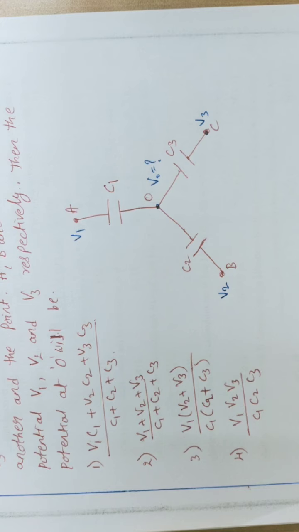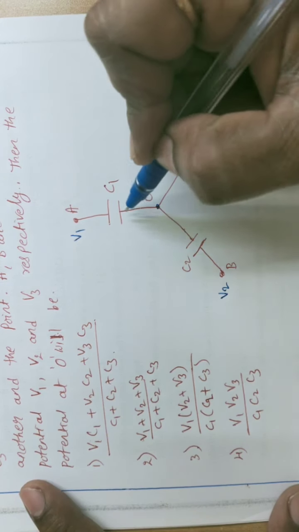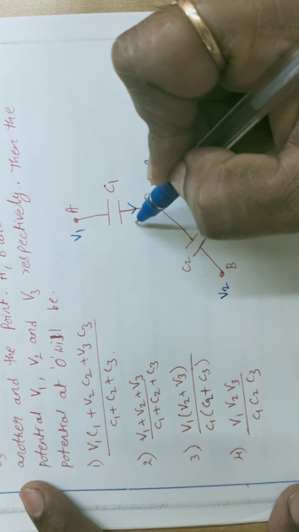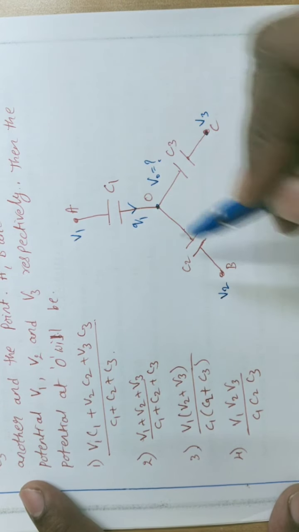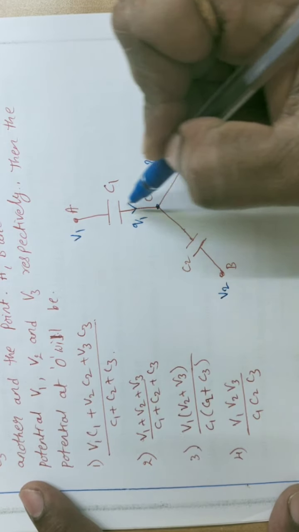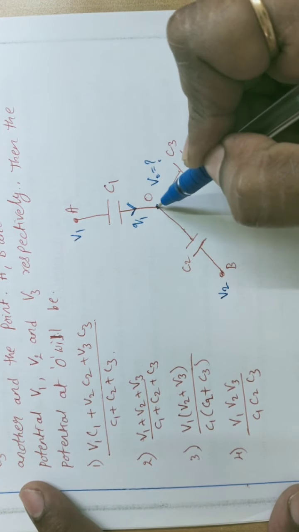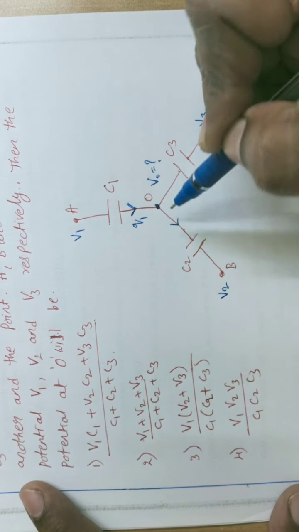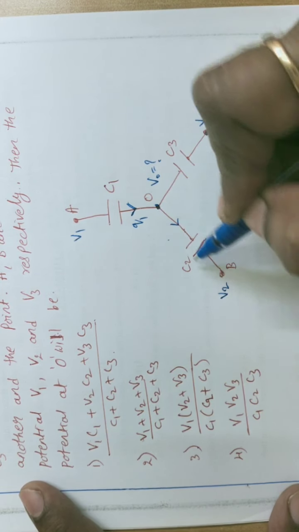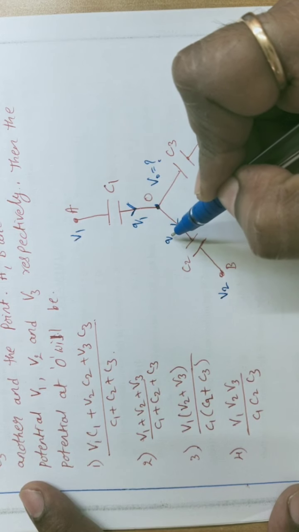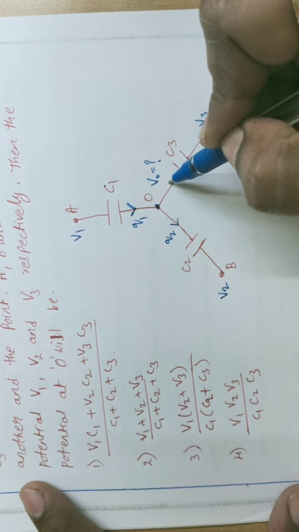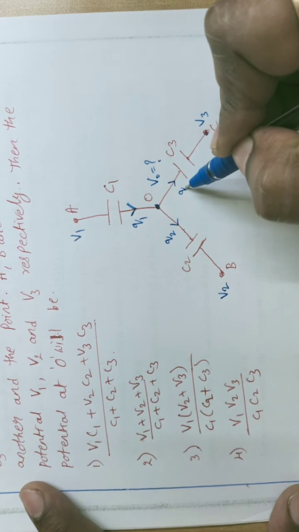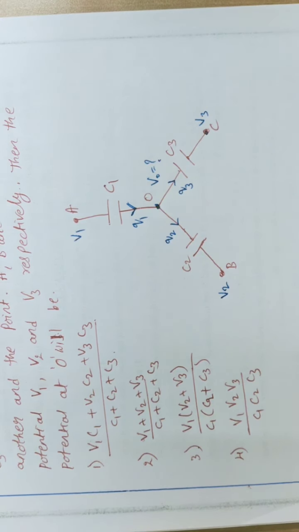For example, here I am guessing one thing. Some charges are coming from here to here. The charge along C1 I am representing as Q1. Q1 charge is coming. Here at node O, two roots are present. So for example, some charge along capacitor C2, with magnitude Q2, is going like that, and along this C3 capacitor, Q3 amount of charge is flowing like this.